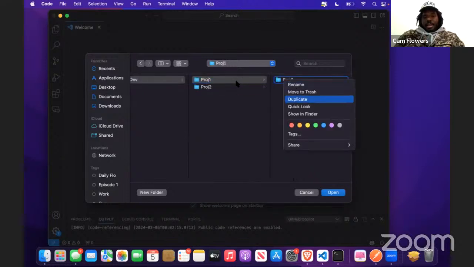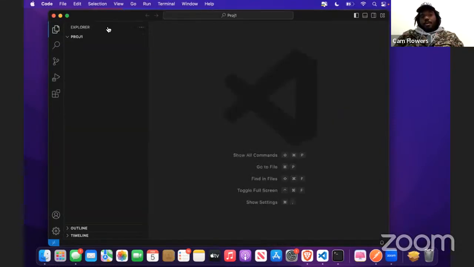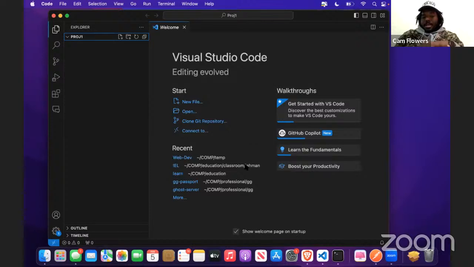So let's say I open up that project one folder, and VS Code will reload to that particular folder. Now you can see the Explorer has the name of the folder that I'm in. Now, this is important, though not immediately. You're going to be like, I'm glad you told me this, Cam, but when is this going to be important? This is important once you start getting into the space of saving your work from Git to GitHub and things like that. Knowing that you opened a particular folder is actually going to